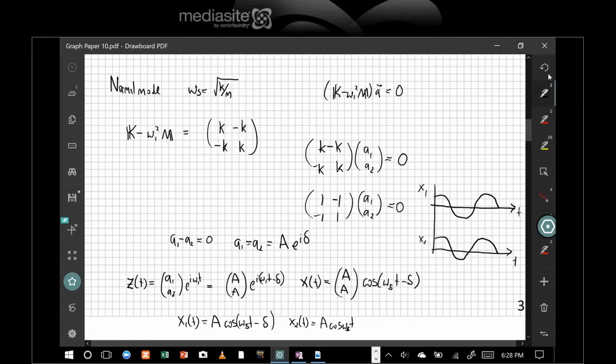Now, you think about this. Notice that the normal frequency is k over m. You may say, why is that k over m? It looks just like a simple system. Well, if the two masses x1 and x2 move together, you don't change the spring length k2, so it never stretches or expands. So these two masses just move together with each other, and they kind of look like one big